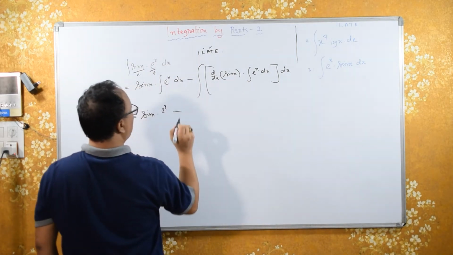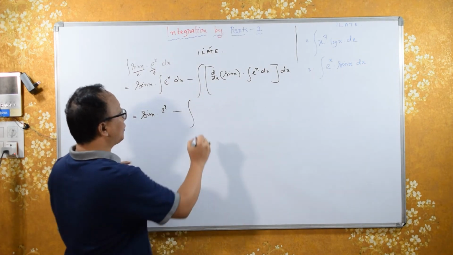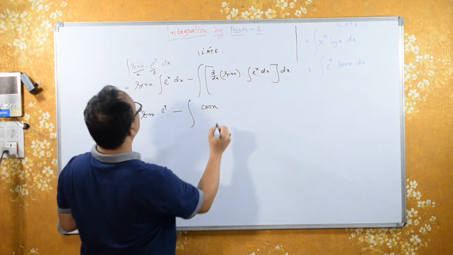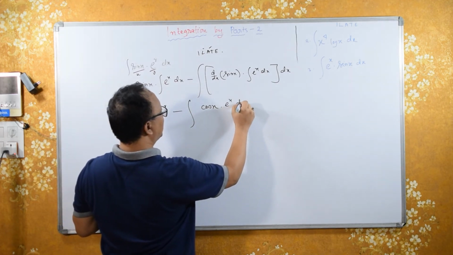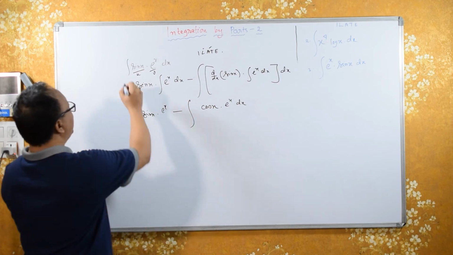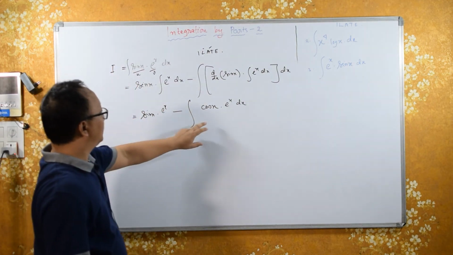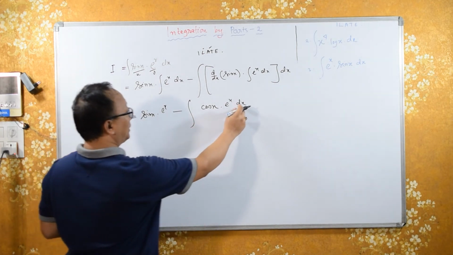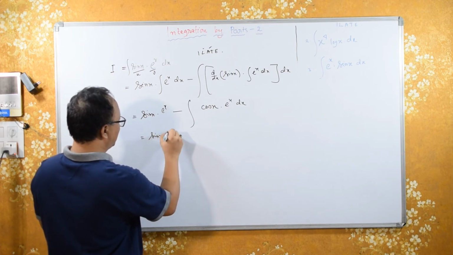Minus integral, the differentiation of sin x is what? Cos x. Cos x into e raised to x is what? E raised to x dx. Now I can keep this as something like I. Okay. So again, here we have to integrate with respect to x. Here I can keep sine of x into e raised to x, again minus,